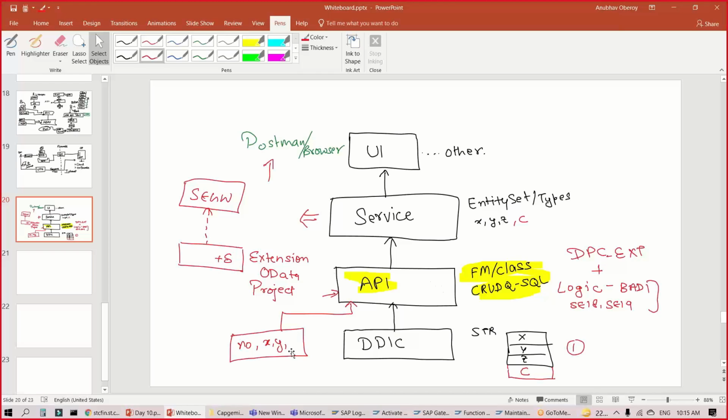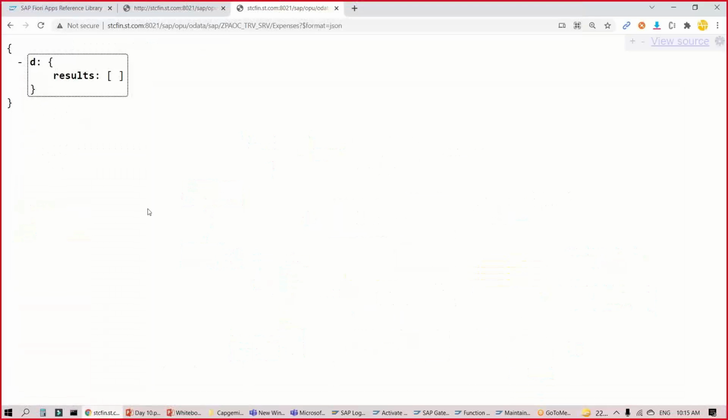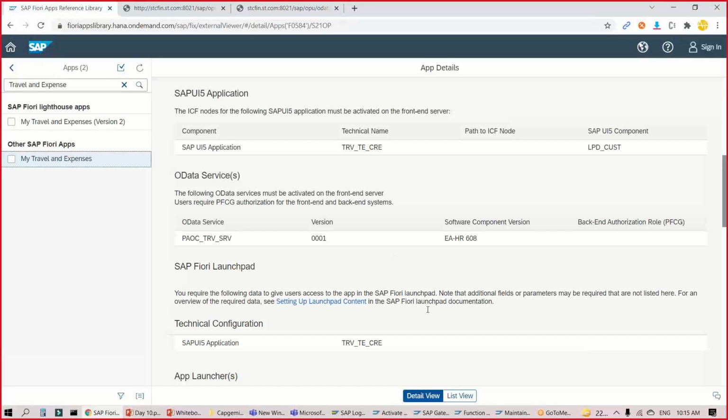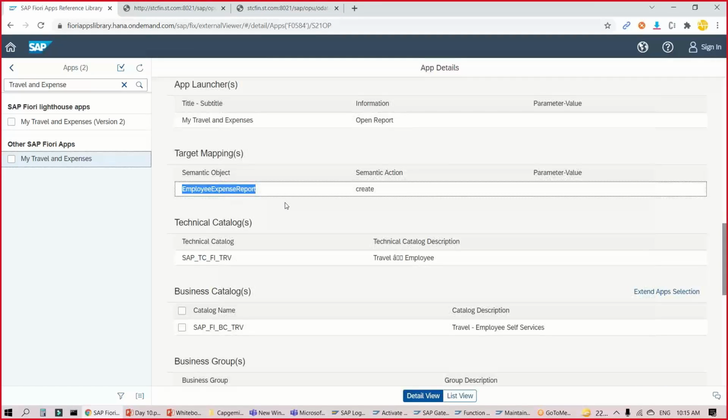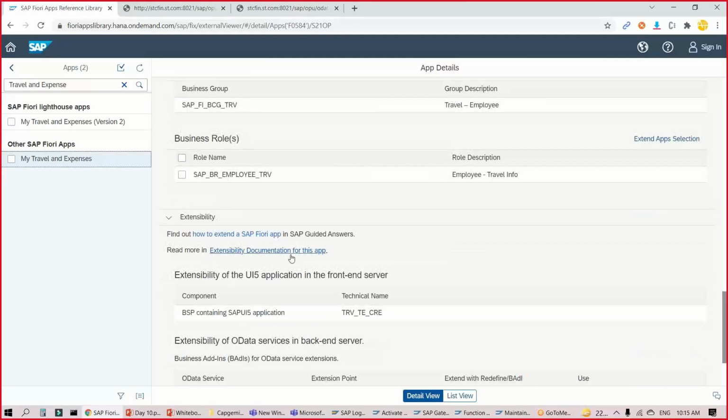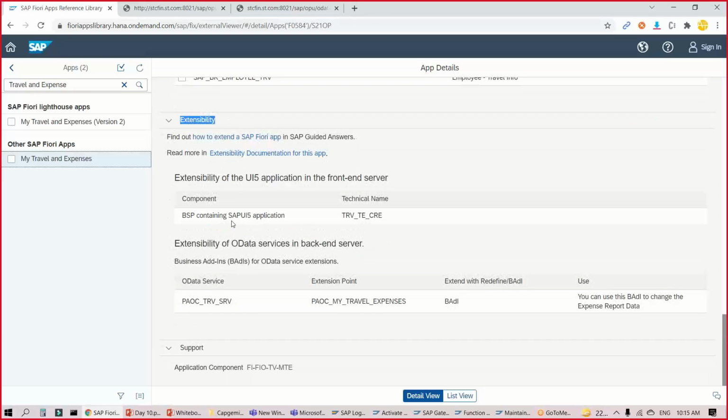To do this BAdI implementation, we have to again go back to the documentation of the Fiori application. Here we have the extensibility section, where we see the extension point for this particular requirement. Utilizing this BAdI, I will be able to implement it.